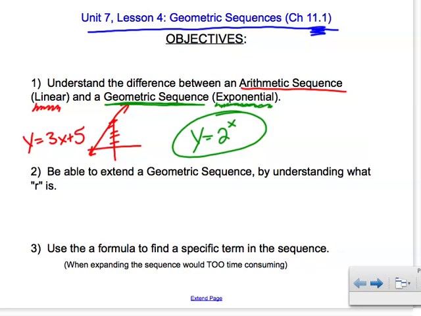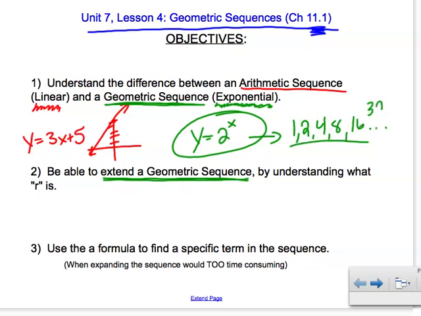Okay, we're going to try and extend a geometric sequence. Sometimes it's very easy to see the pattern. For example, in this case, we're going to get into it in more depth in the notes, but this would be something that looks like 1, 2, 4, 8, 16. As you can see, things are doubling, so it's not hard to say, oh, it's 32, 64, and so on